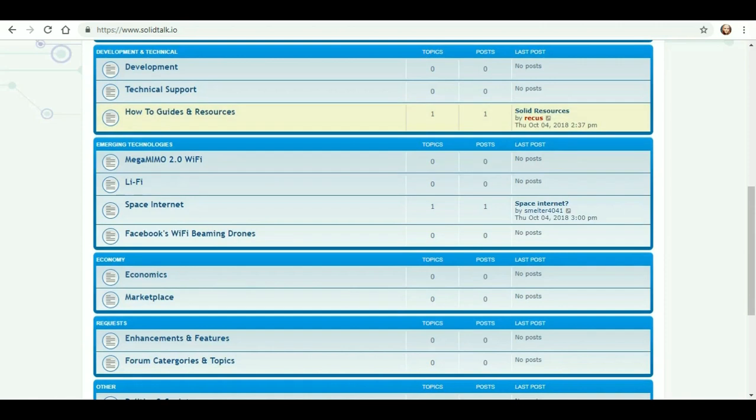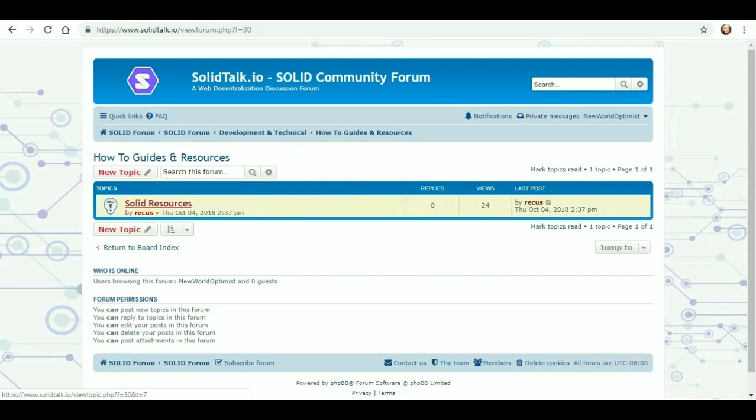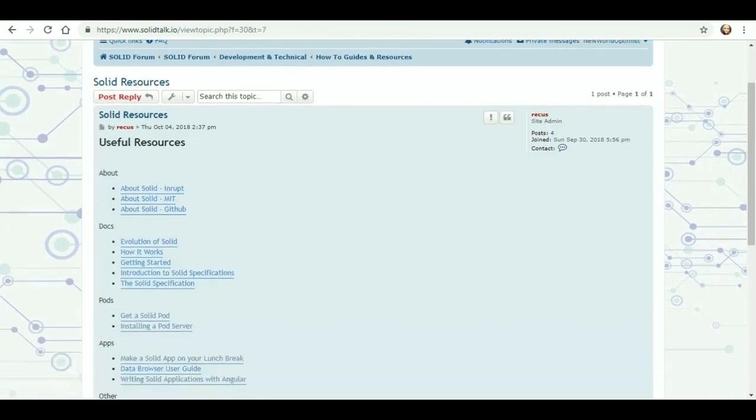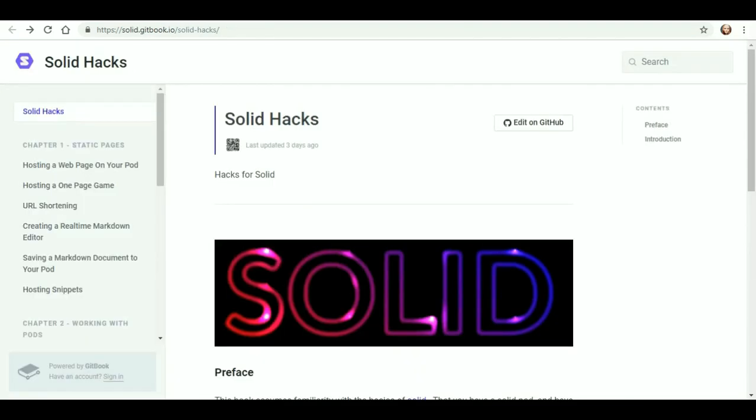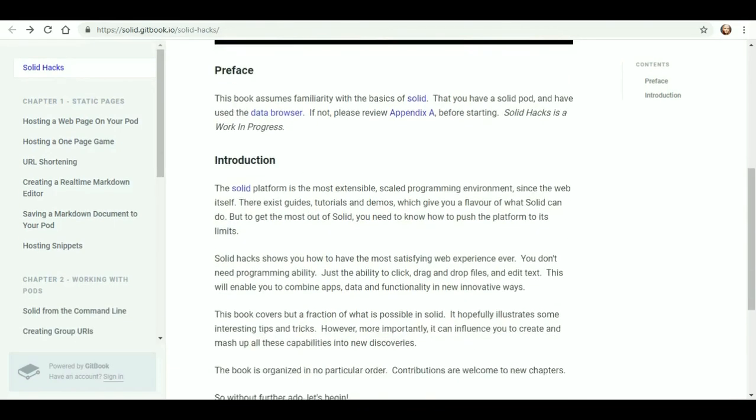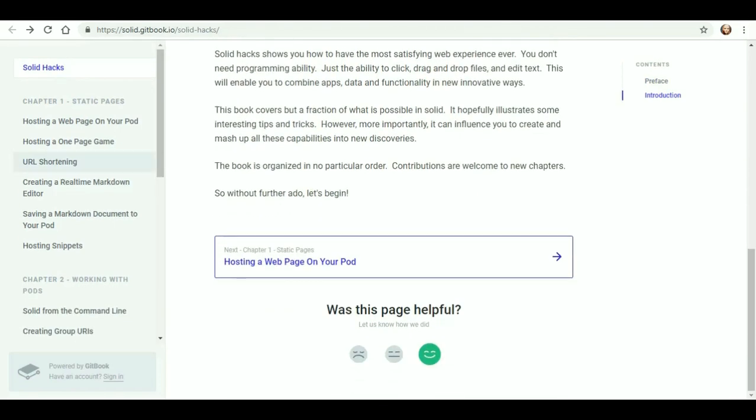So if you want to start networking with some folks, head on over to solidtalk.io. One of the things I found interesting is right here in the how-to guides and resources. You come down there, click on the topic, and we have under other Solid hacks. And the Solid hacks look like step-by-step instructions on how to do things like hosting a web page on your pod, hosting a one-page game, URL shortening, creating a real-time markdown editor, saving a markdown document to your pod, and